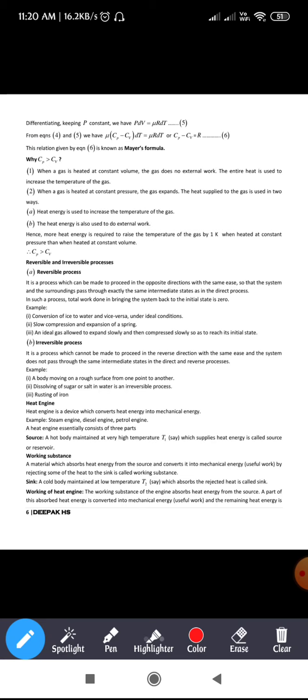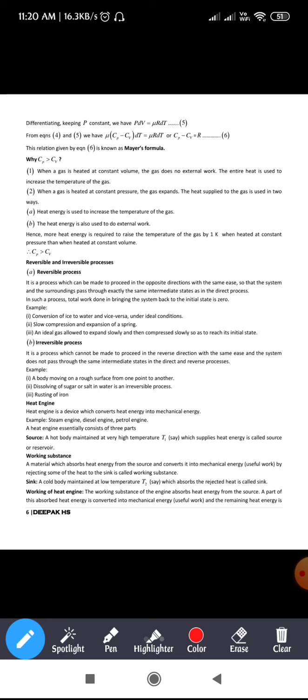Next, coming to Cp. When we are dealing at constant pressure, and you supply heat to the gas, the volume of the gas increases, since the pressure is kept constant. As you supply heat, there will be an increase in internal energy of the gas, and the gas starts to expand. When the gas expands, the piston moves in the upward direction. That means the work is done by the gas, by the system.